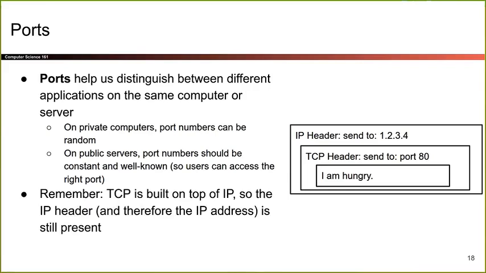Now remember, TCP is built on top of IP, so ports do not replace IP addresses. We're not swapping out IP addresses or anything. We're adding ports in addition to IP addresses. So the IP header from the lower layer is still there. We still need to figure out which IP address is being sent to for the routing, the BGP routing, or to figure out which computer this is for. But once it reaches that computer and that computer takes off this IP header because it's done being used, it needs to see this TCP header and figure out, oh, this is a message for port 80. So I'll send this packet to port 80 for processing. So that's ports.